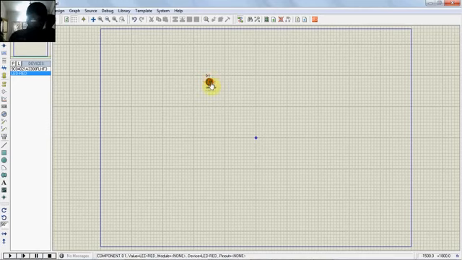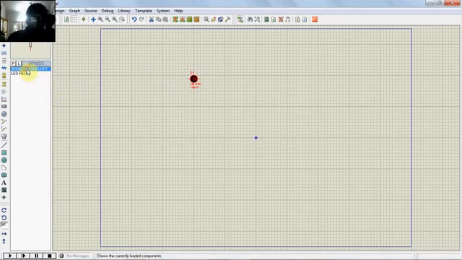You can drag it by double clicking and dragging it. Okay, like this. And now I need to place the resistor. Okay, I took it. Its orientation is wrong, so I am turning it. I have rotated it. Now I will place it here.